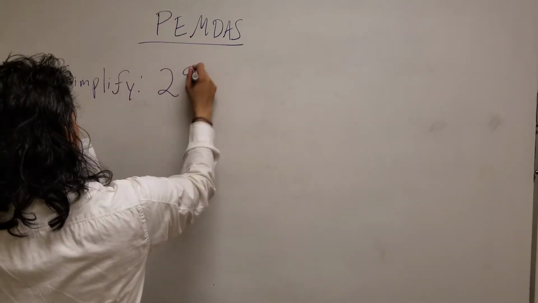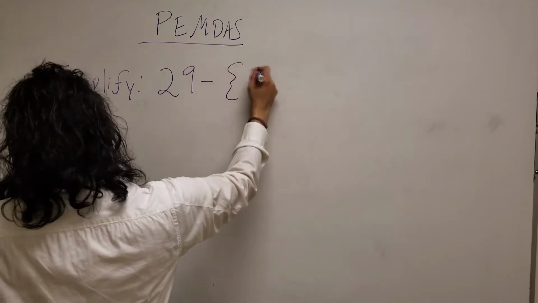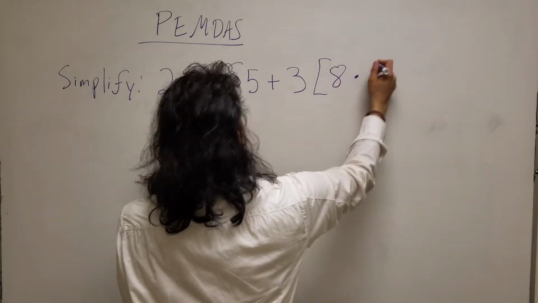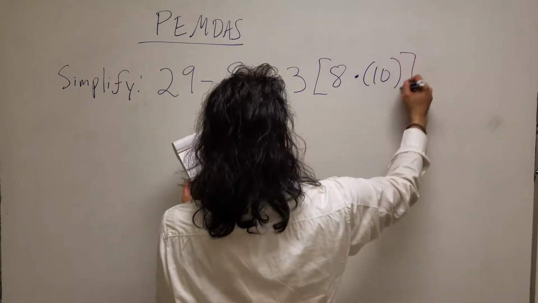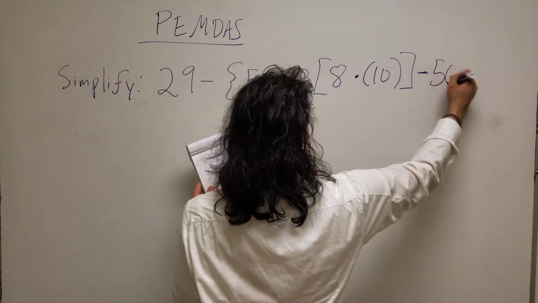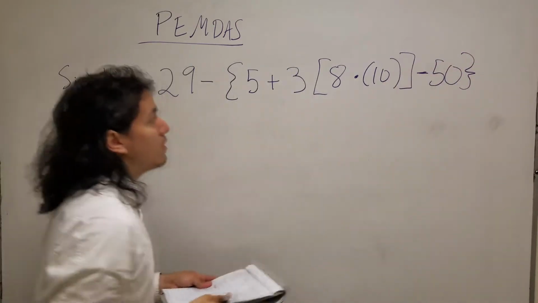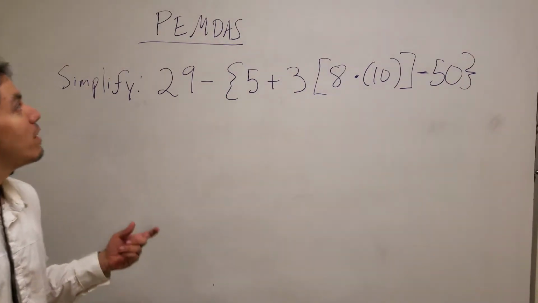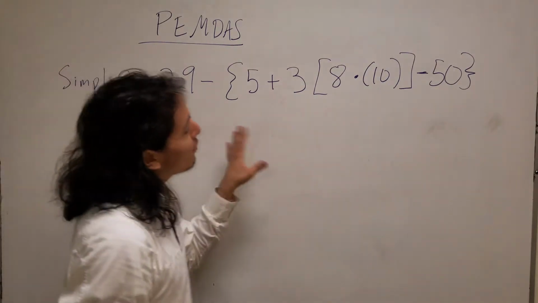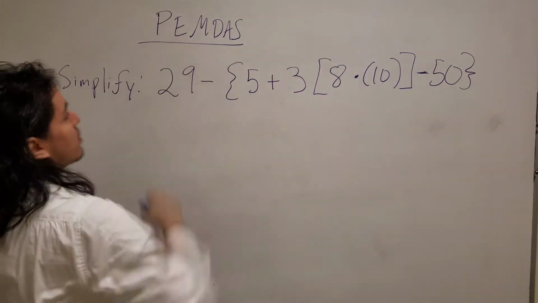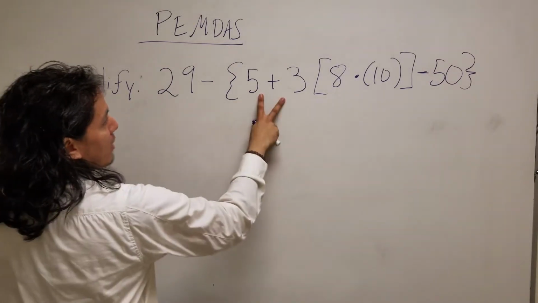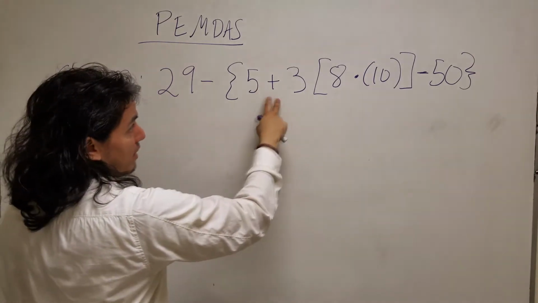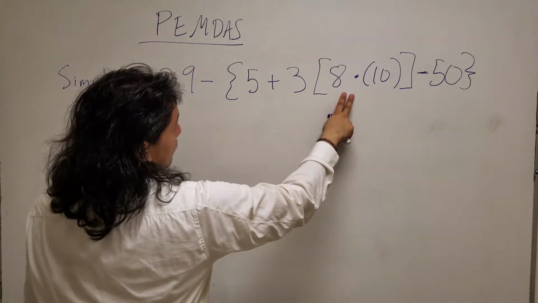So we have 29 minus 5 plus 3, 8 times 10 minus 50 curly face. Okay, so now here we can clearly see this is a mess, like my room. So first step is we're going to do parentheses first. Now most people might say, hey, can I add these two first? My answer to that is no. Cannot, because that's not the innermost bracket. The innermost bracket would be,